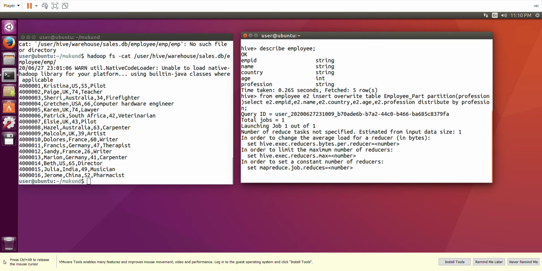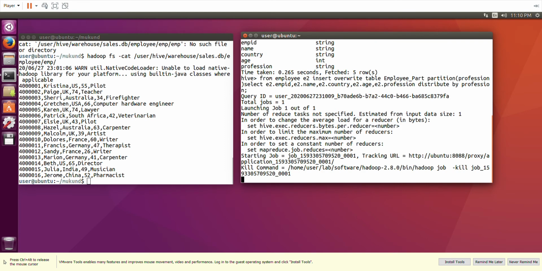It will take a little bit of time, so it is limiting the information. The size of the data is not very huge, but what is happening is it is partitioning internally. So you have the mapper and reducer working. You can see here the execution has already started. It will take some time, and we'll be able to see this information.